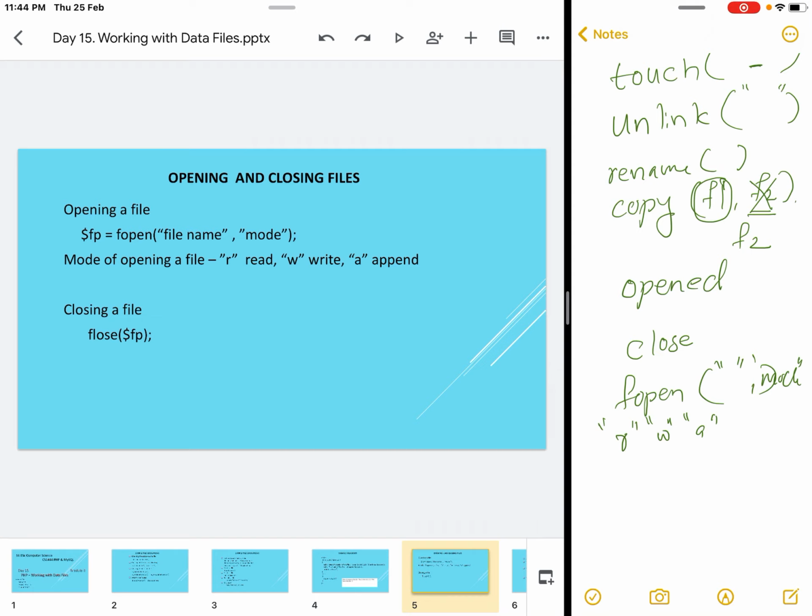This fopen function returns a pointer to the file, and afterwards the file is handled by means of this pointer. A file must be opened in R mode if you want to read the data, and if you want to write data into it, it can be opened in either W or A mode.